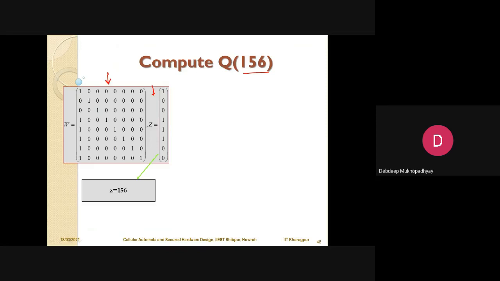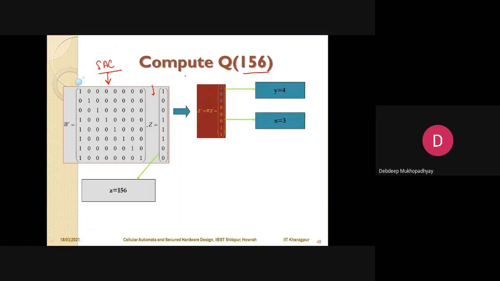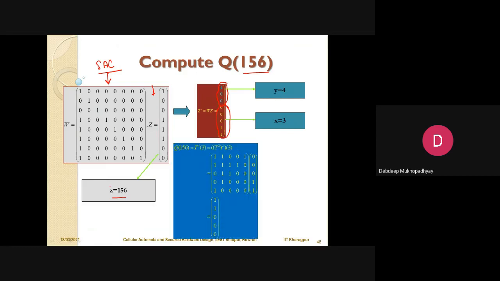So the choice of W is motivated by the fact that you need to satisfy the strict avalanche criteria, and then you multiply W and Z to get something which is shown here as Z dash. Now you break that up into two parts. One part is the first part, which in this case is 4, the corresponding value shown here, and the remaining part is called 3. Now when I want to compute the lookup for 156,